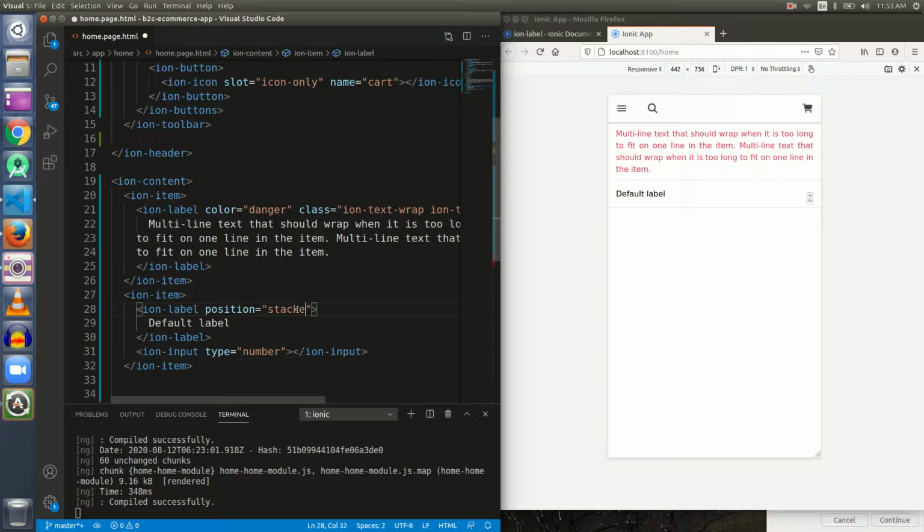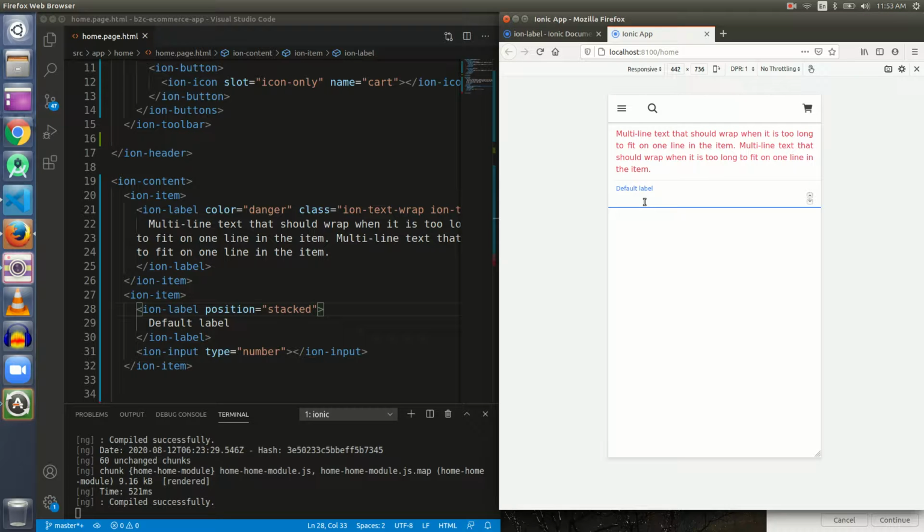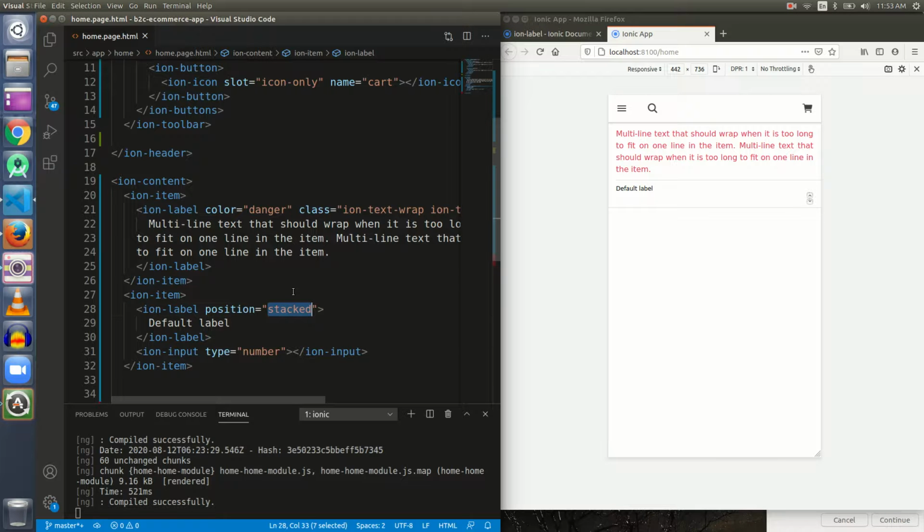If I give it a value of stacked, it will be permanently on the topmost side.